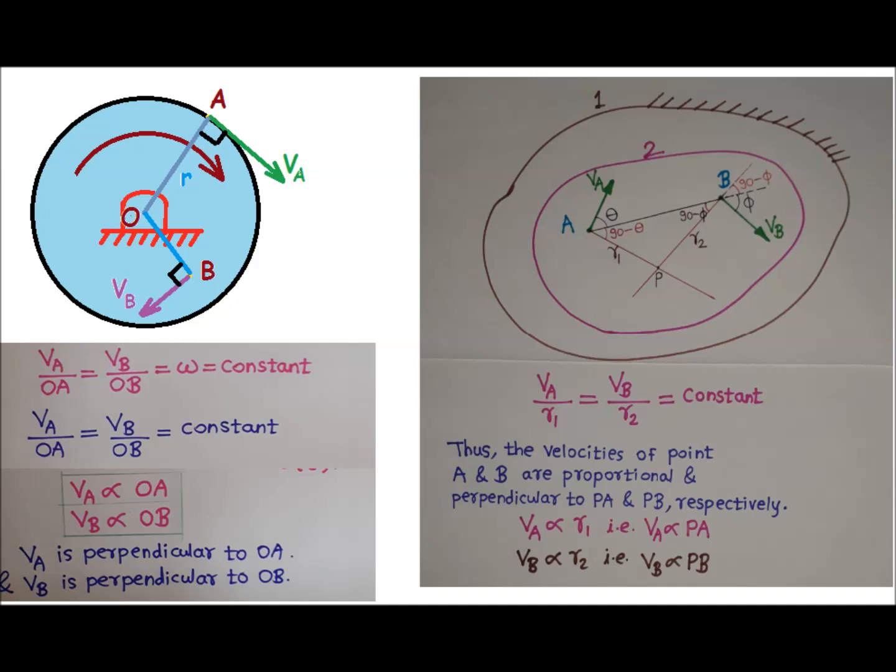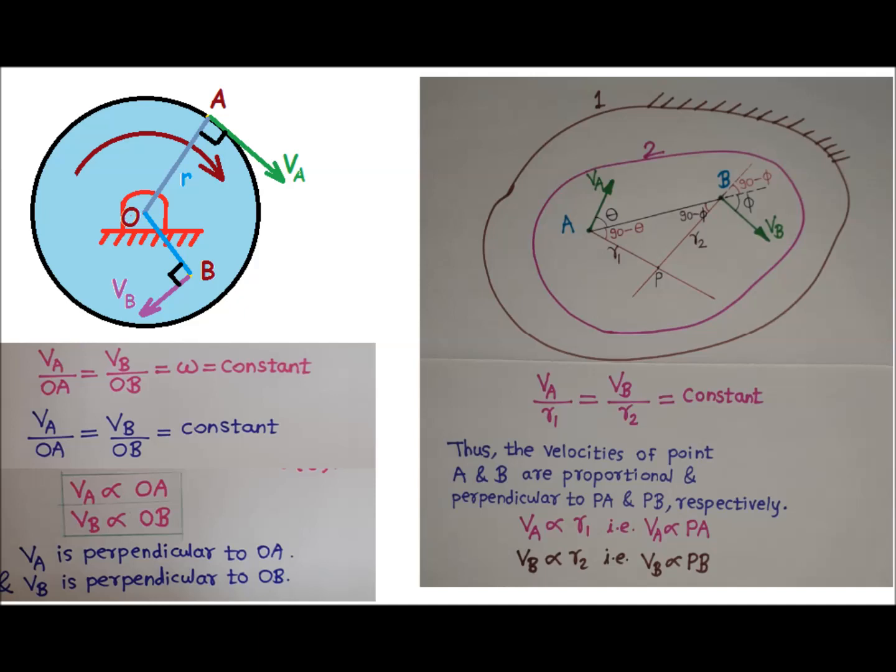A and B are 2 points on disc and disc is rotating about center O. At point A we are having velocity VA and at point B we are having velocity VB. If we will draw perpendicular to VA and VB, those perpendiculars will intersect at O, which is the center about which disc is rotating. So by analogy with rotating circular disc, we can say at this instant or at this moment, planar rigid body 2 is having pure rotational motion about point P